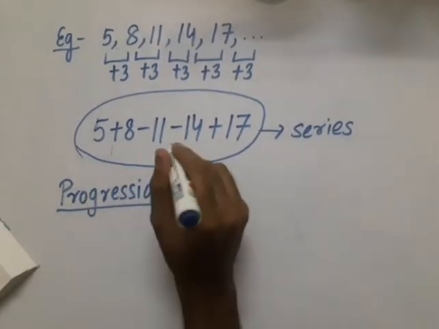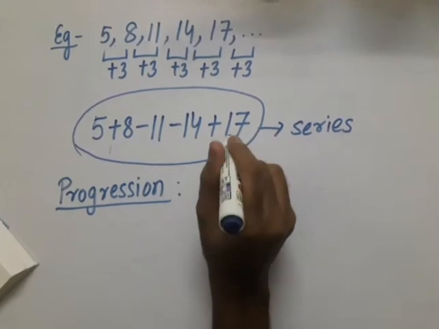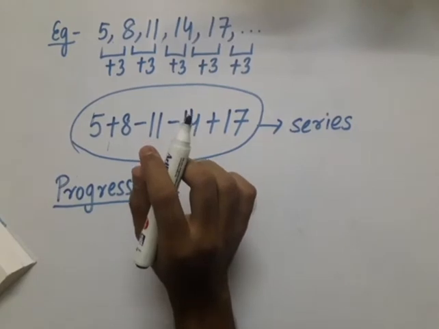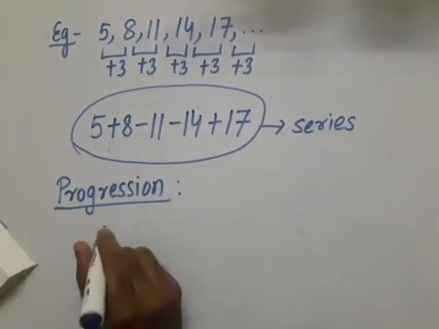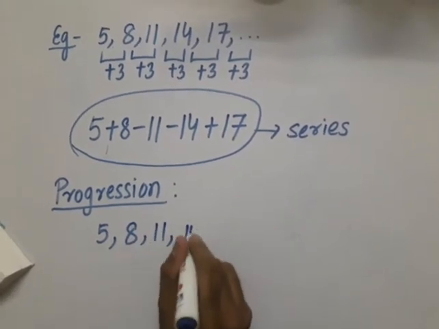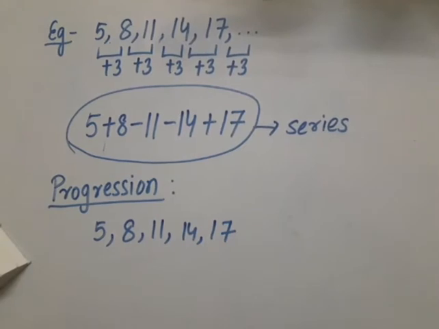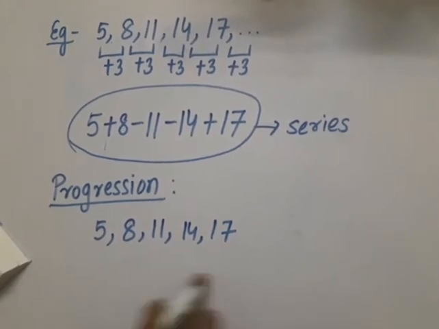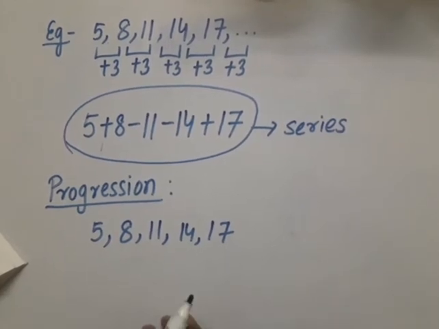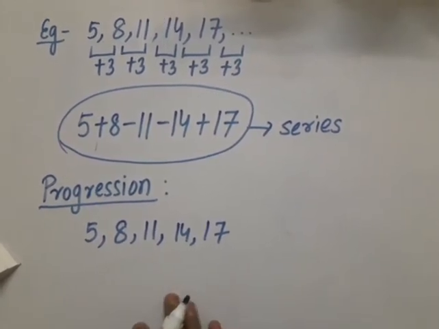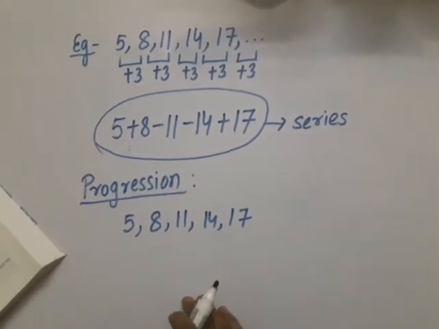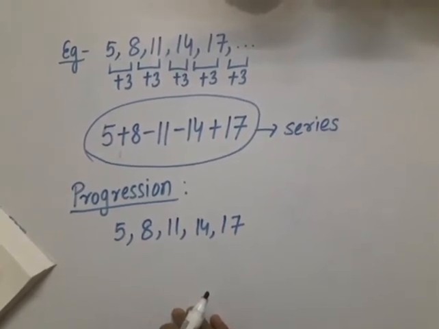When the members or these elements of a series or a sequence are written in a definite order or a certain rule, we get a progression. Okay. Like suppose this one, 5, 8, 11, 14, 17. Okay. These are following a particular rule and it is known as a progression. We can say that it almost resembles the sequence theory. Okay, progression, we can say a progression is also a sequence of numbers whose each term is related to its predecessor and successor by a uniform law.